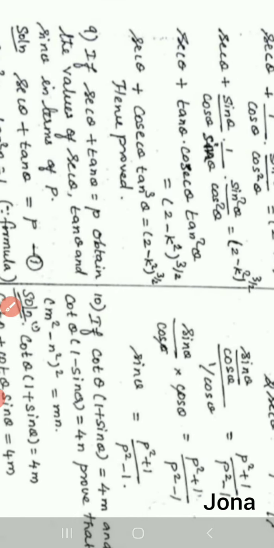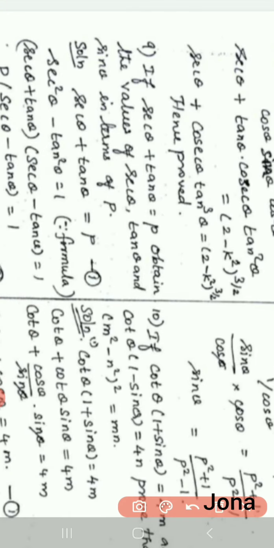And then I want to write that sin theta by cos theta as tan theta, isn't it? So write this sin theta by cos theta as tan theta. 1 by sin square theta is cosecant square theta. Sin square theta by cos square theta is tan square theta. And then keep the other things as it is there. So now I have the proof of what we want to prove here.